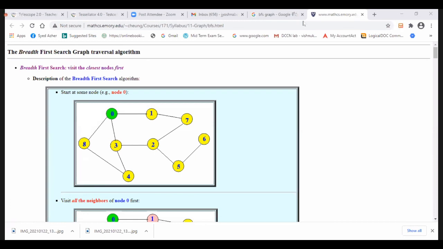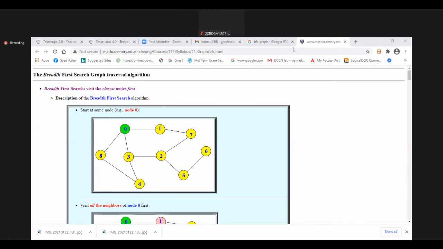The 3 to 2 connection we don't include in the queue. So while drawing the spanning tree, 3 to 2 should not be connected. 7 to 2 only is connected. Is it clear? Okay. 2 is the adjacent vertex for 7, so while drawing the spanning tree, only 7 to 2 should be connected. Okay, 7 to 2 finished.